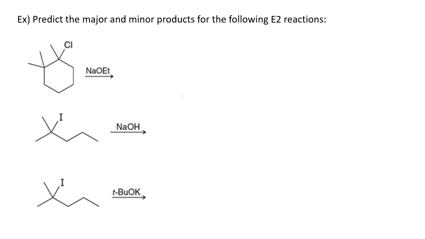Sodium methoxide, this is a non-bulky base. So I know the Zaitsev product, or the more substituted product, will be my major product. All right, so let's take a look at our possible beta positions that can be deprotonated. Here's my alpha. I have a beta and a beta. Hydrogen, hydrogen, hydrogen, hydrogen, hydrogen. So my ethoxide can deprotonate this beta site